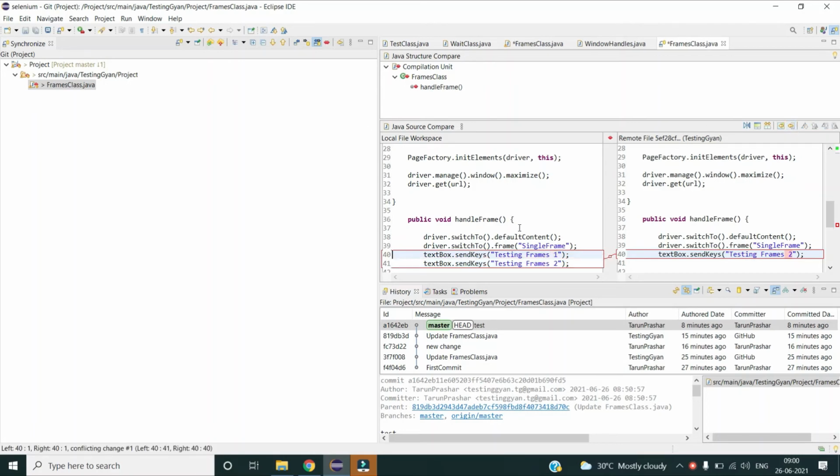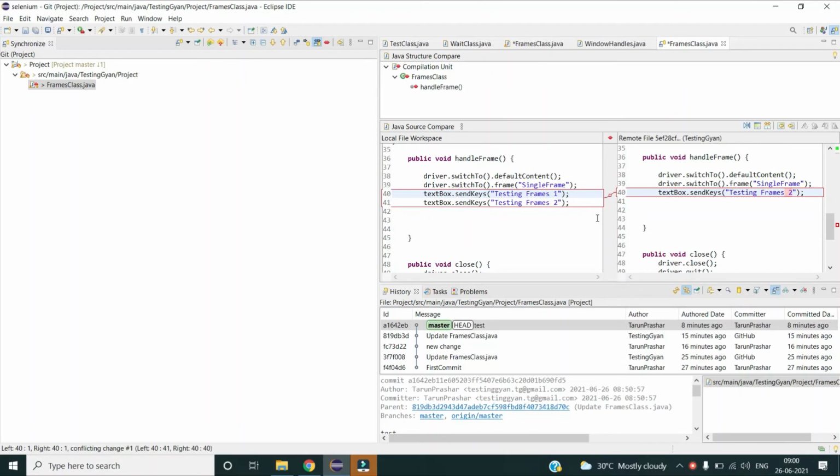Okay, so you can see now I have both the changes. Now I can easily synchronize my workspace. I just simply have to remove this text and keys. Okay, and if I do save all, this is just me explaining how to use the synchronized workspace. It can be used to compare the files and then keep the changes accordingly. Okay, you can have both the changes as well.